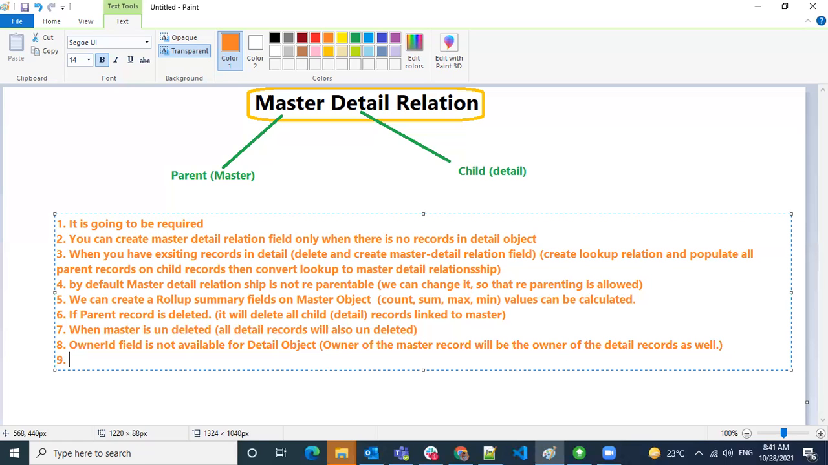All good here. So we don't have an owner ID for a detail record. We have an owner only for the master record. Whoever the owner of the master record is will be considered the owner of the detail records as well. And there is something called sharing and